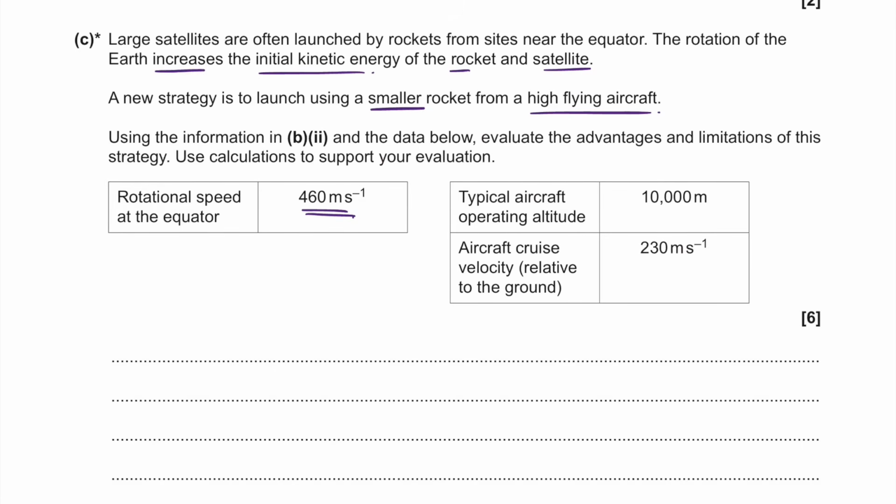Now this will provide an initial kinetic energy. So the initial kinetic energy for a satellite of mass 1 kilo is just going to be half times 1 times 460 squared, which gives me 10,105,800 joules of energy. Let's look at the other table where it says that the operating altitude is 10,000 meters